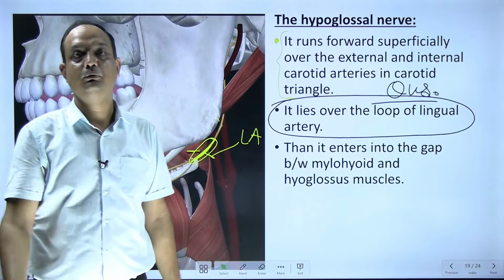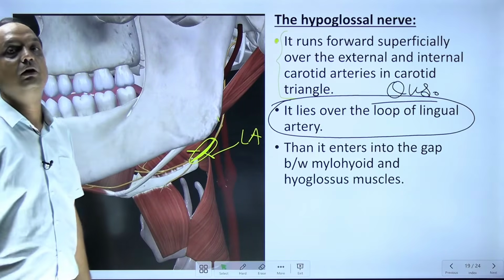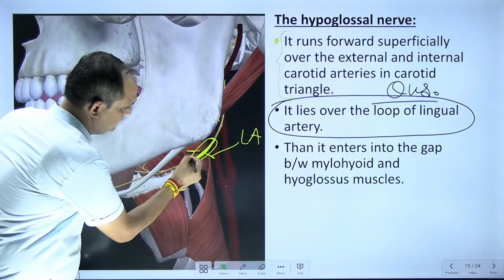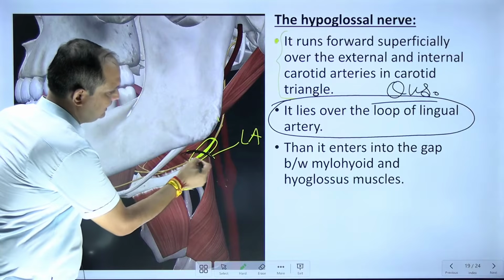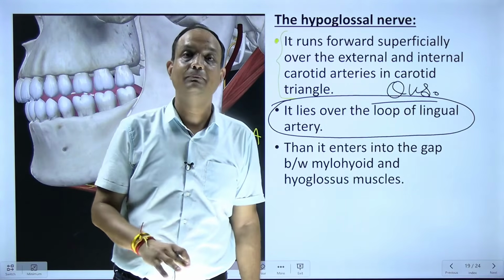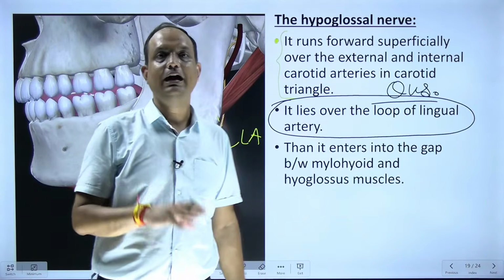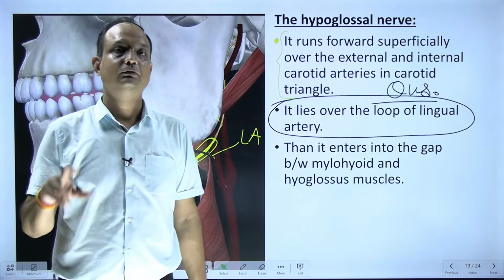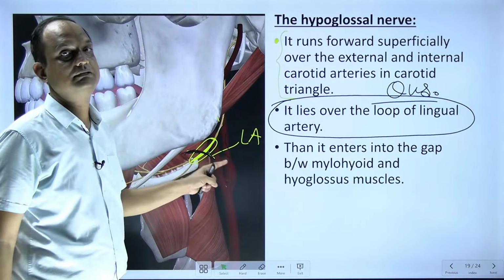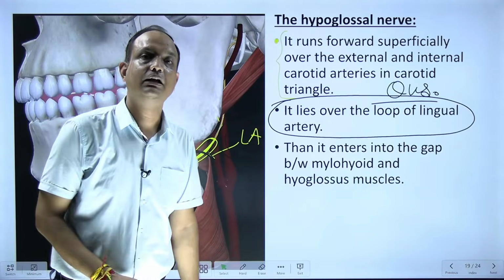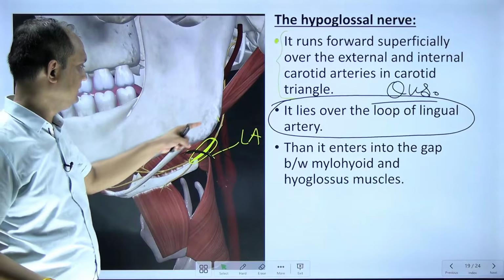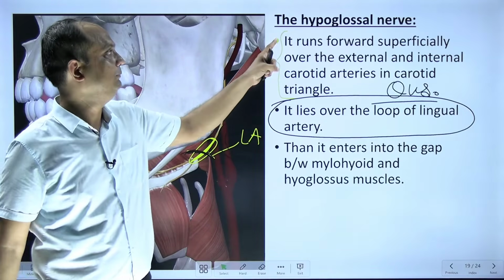How to identify the hypoglossal nerve? Answer is that it lies on the loop of the lingual artery. So this loop of the lingual artery is a very important landmark during dissection, and it is also a question in diagram based exams where you have to identify the lingual artery. So you just follow the hypoglossal nerve, and if it is crossing any loop which is coming from the external carotid, then the artery has to be the lingual artery. Or if the loop of the lingual artery is crossed by any nerve, then the nerve has to be the